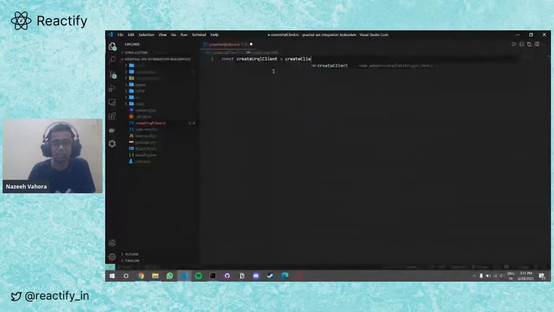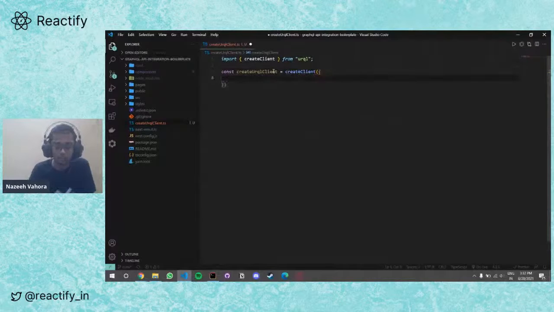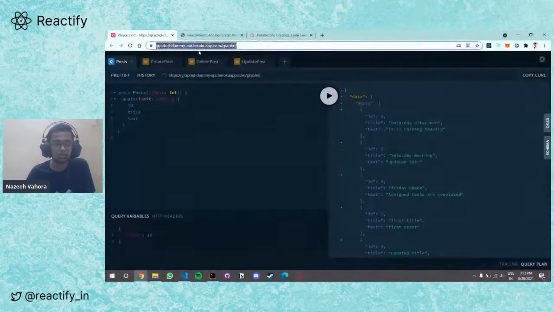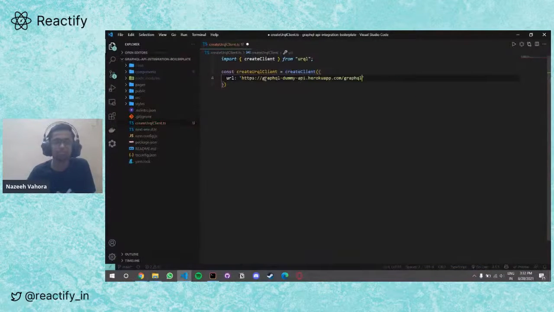For that I'll use the createClient method from the Urql library. And here in the argument we need to pass the URL of our backend API, that is this one. So let's paste it over here. Now we have created a client from Urql, so let's export it.